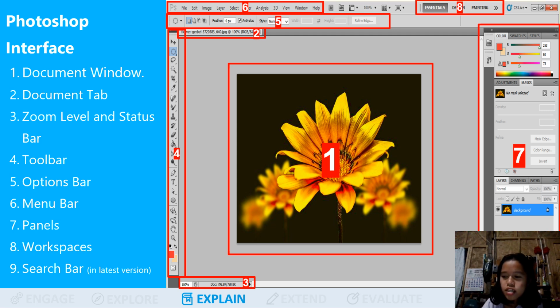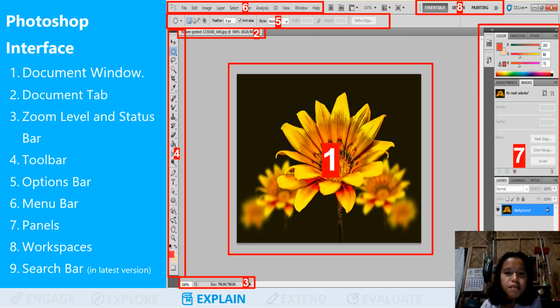It shows how much you're zoomed in or out and gives info about your document. Next, number 4, the toolbar. The toolbar is the set of tools on the left, like brush, eraser, move, etc., used for editing. You can use a lot of tools to edit your image.